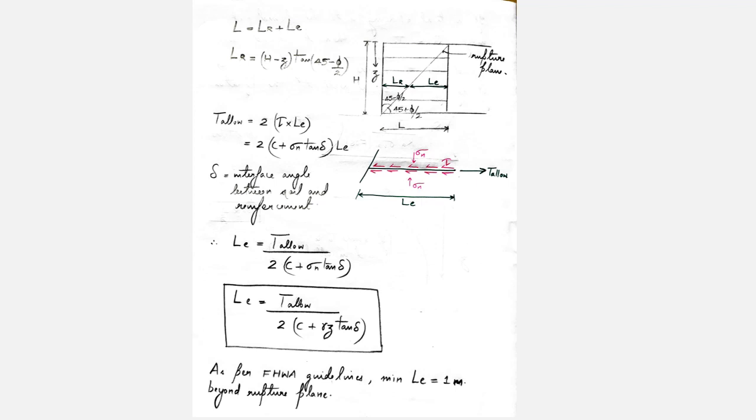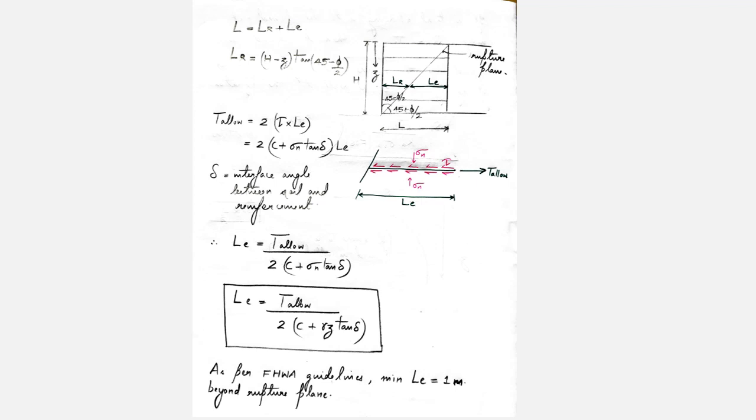For flexible types of reinforcements, that is our polymeric or geosynthetic reinforcements, the rupture plane is assumed to be located at an angle of 45 plus phi r by 2 in the retaining walls. Okay, so this method is called the tie-back wedge method, where the rupture plane is located at an angle of 45 plus phi r by 2. Now from geometry, the other angle becomes 45 minus phi r by 2.